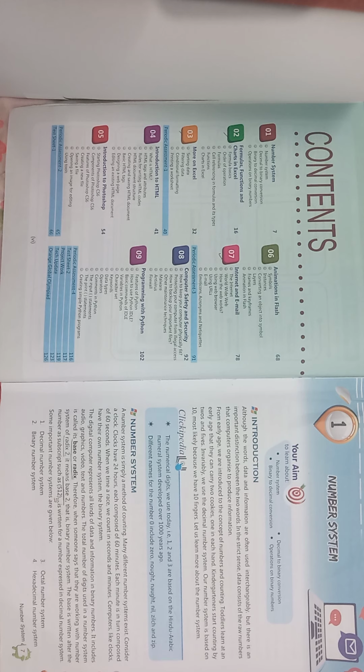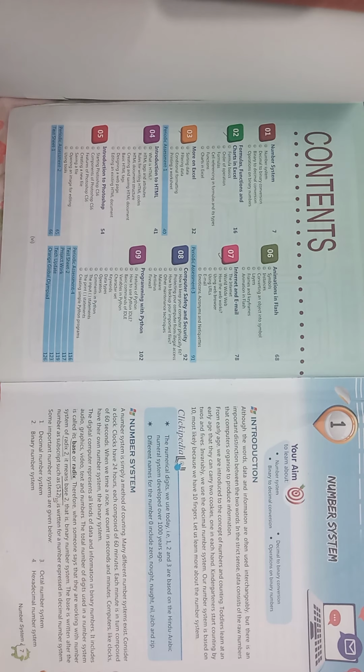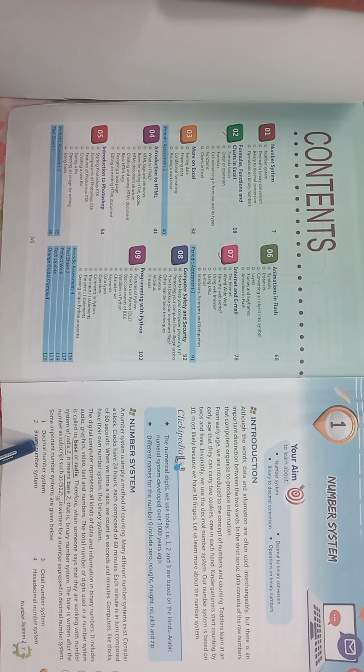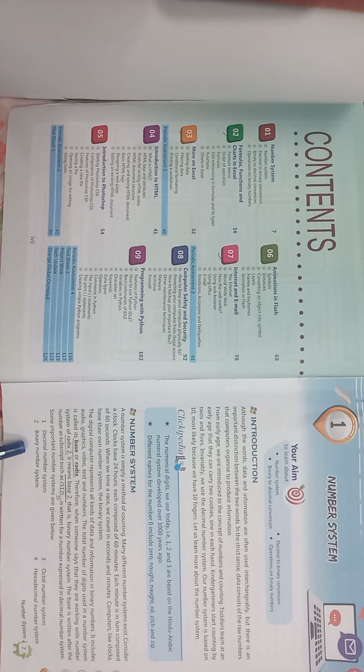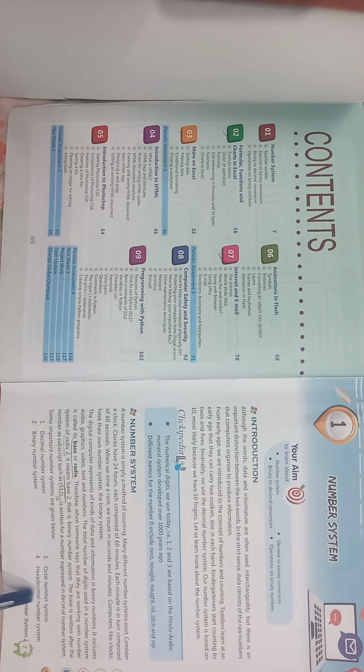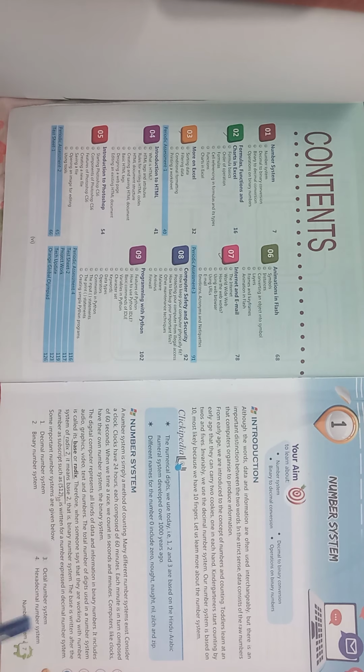As we all know, in the time when calculators were not invented, pebbles, stones, and fingers were used for counting. There is a limitation to this method, because if we have to count from 1 to 100 or 1 to 1000, how is it possible to use 1000 fingers at a time for counting? So with the passage of time, number systems were developed: the decimal number system, binary number system, octal number system, and hexadecimal number system.